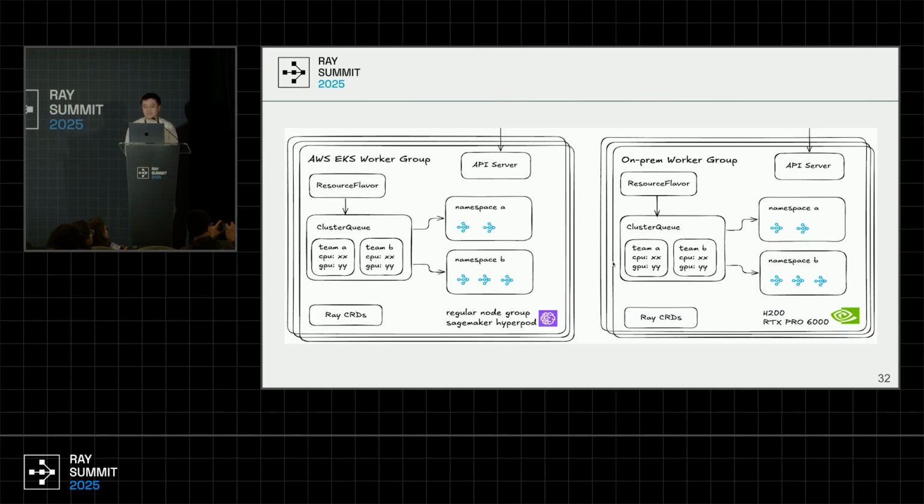And multi-queue intelligently routes jobs to two types of worker clusters. On the left is the elastic AWS EKS worker cluster. It provides cloud resources like scalable node groups, and we also have H200 in our premium SageMaker HyperPod cluster. On the right is an on-prem worker group holding our local powerful GPUs like the NVIDIA H200 and RTX